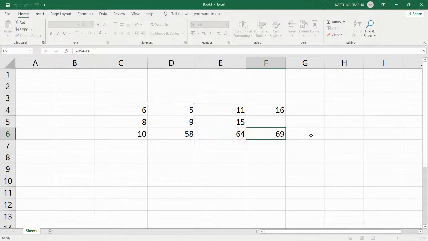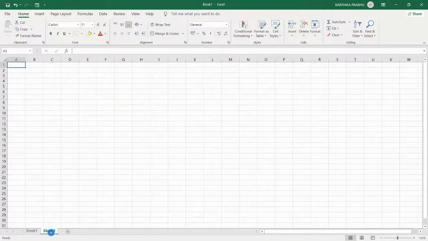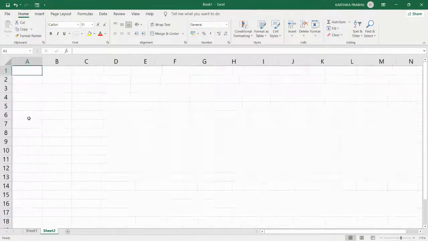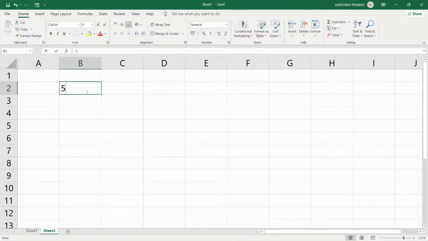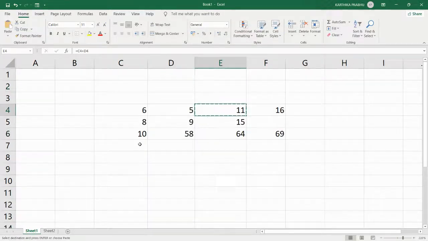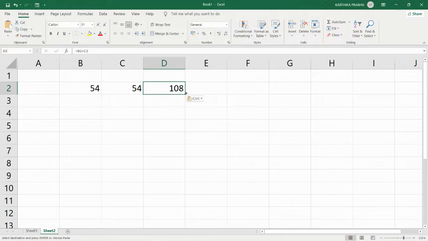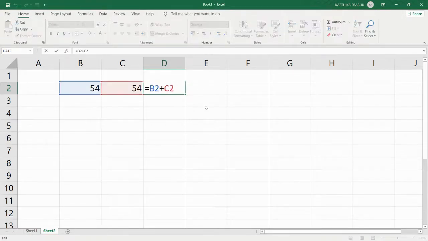And the next and last topic in this chapter is how to copy the formula from one sheet to another sheet, that is cell reference. Here I'm inserting one more sheet by clicking at the sheet tab. Now I'm adding another number here. Going to sheet 1, copy this formula, coming over here, pasting it. That's it. So this is relative reference copying. Like this you can copy relative, absolute and even mixed references. The same will get updated based on the values we have, based on the row and column we have in the formula.